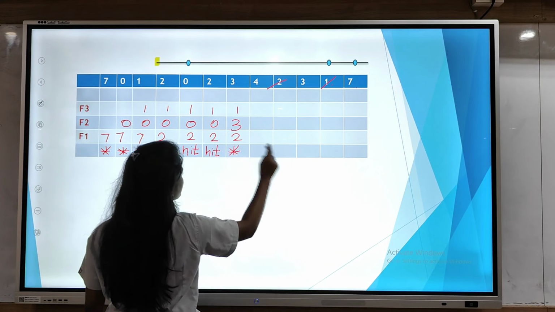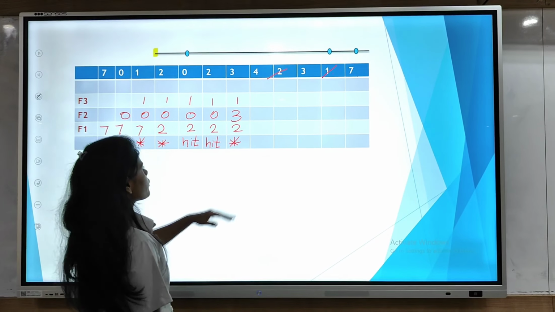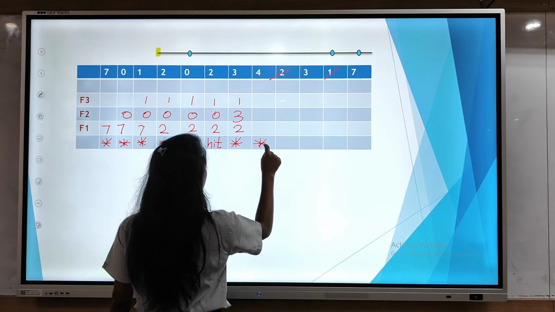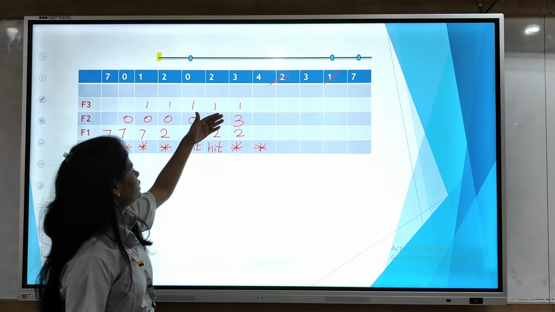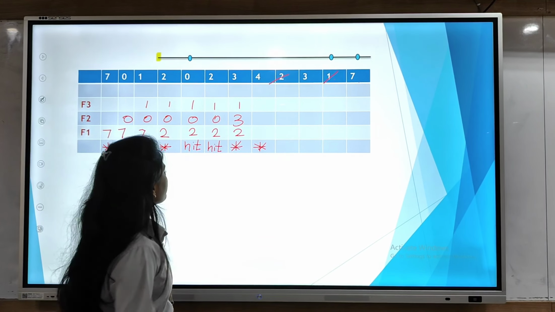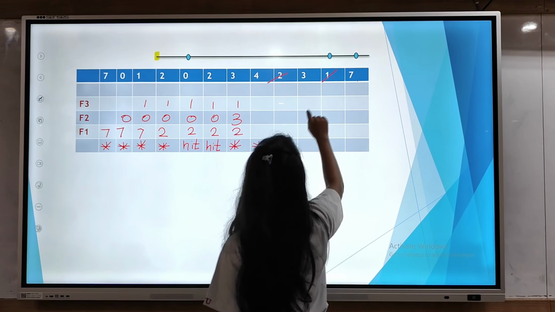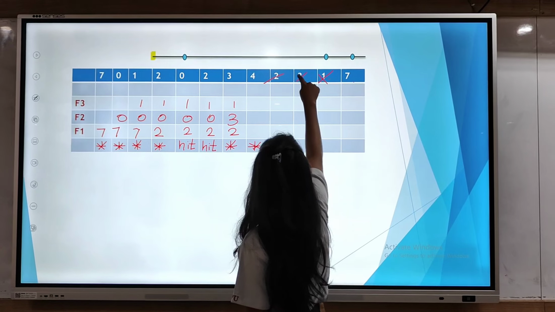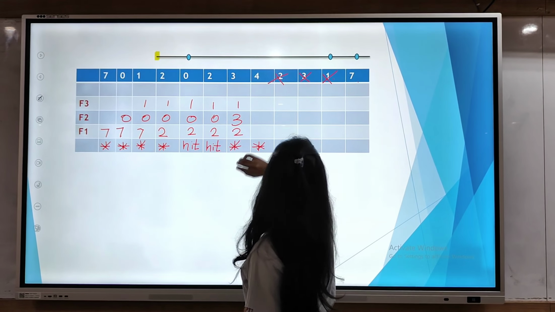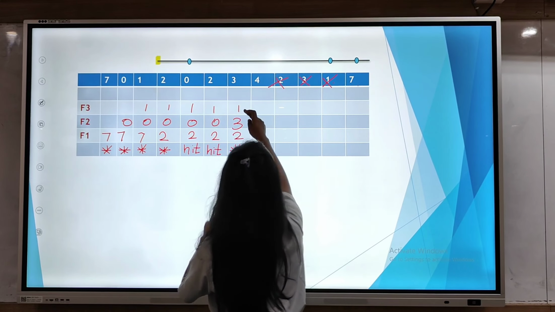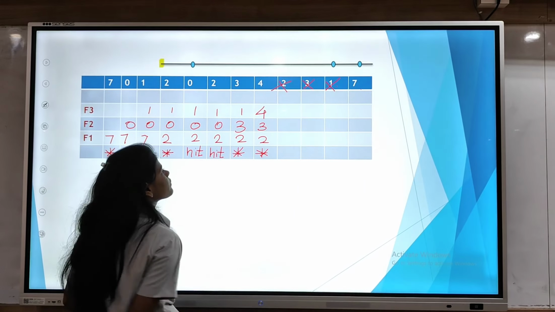So I will replace 0 with 3. 1, 3 and 2. Now the CPU wants page number 4. Page number 4 is also not present. It is the condition of the page fault. I have to replace any of the pages 1, 3 and 2 with the page number 4. I will just check which page is at higher distance. Here is 1, here is 3 and here is 2. The page number 1 is at higher distance, so I will just replace page number 1 with 4. I will write here page number 4, 3 and 2 as it is.